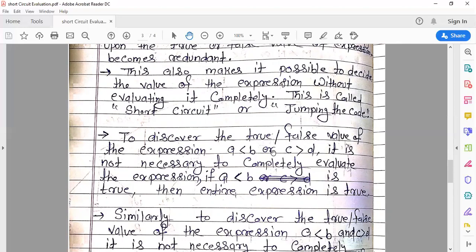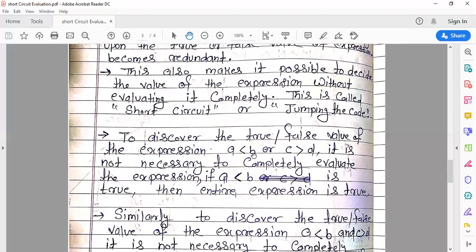Short circuit provides the SDT through which you only have to evaluate a less than b, and if a less than b is true, then you need not evaluate c greater than d, because here we have OR, and in the OR, if the first statement is true, the whole statement is true.